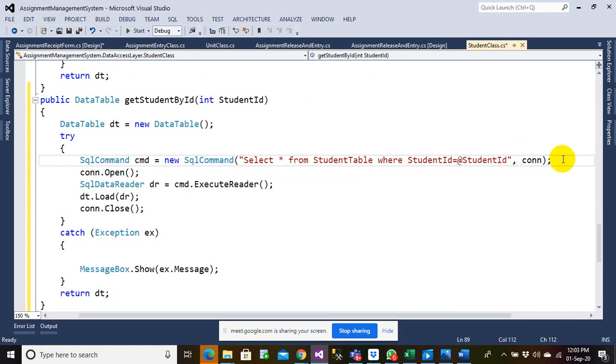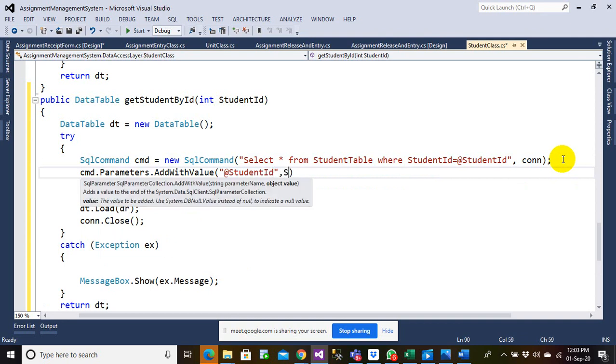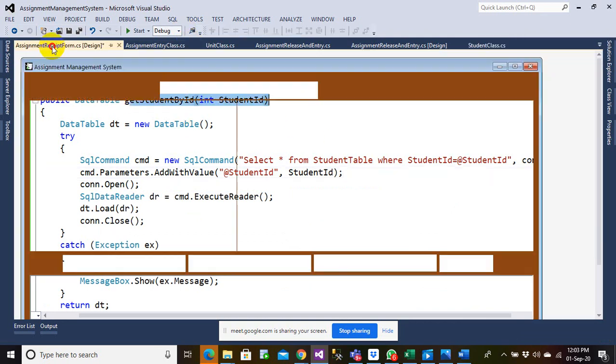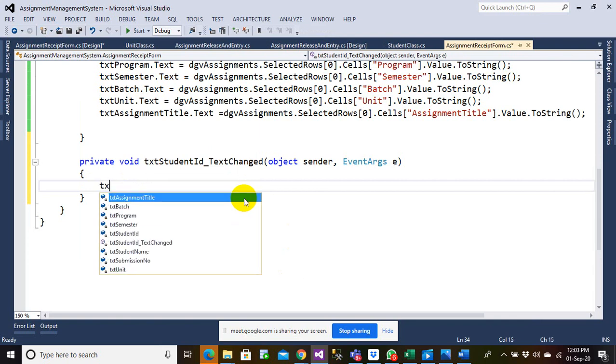And again I can make here cmd dot parameters with value at the rate student ID. Alright everyone, so I just got the student ID here. Now let me go over here, and change this one to txt student name.